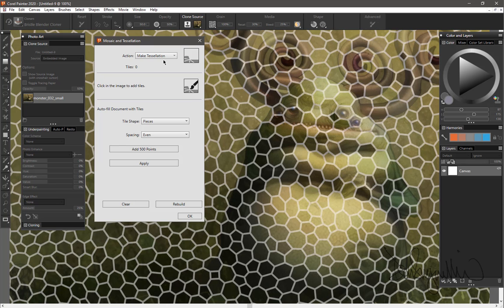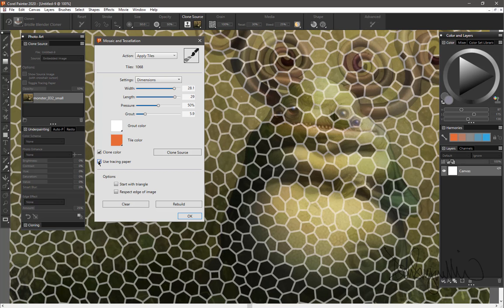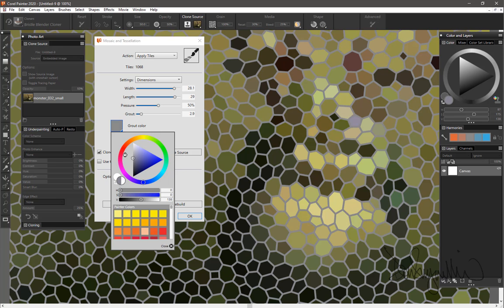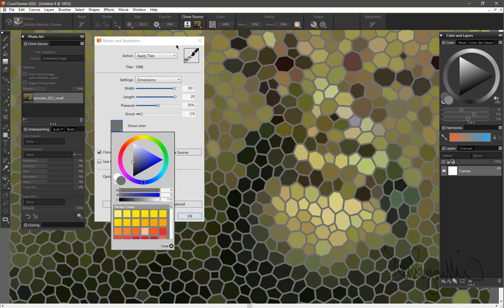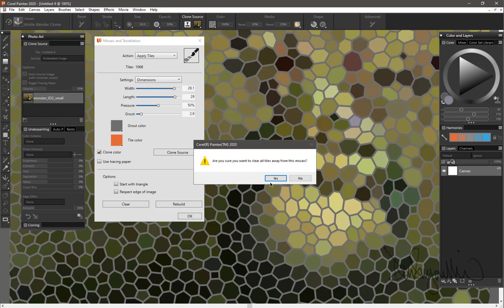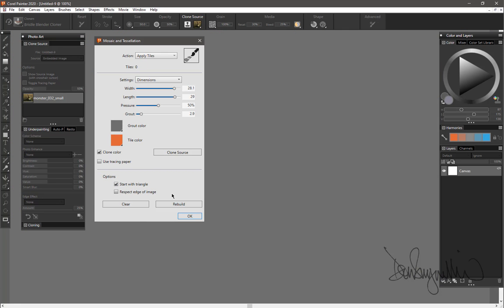Let me come back and turn off the tracing paper so you can see it. Can't zoom out when this dialog box is open, so I'm going to go ahead and leave it. You can adjust again the grout width and that kind of thing, and it will do it on the fly. So I'm going to go ahead and clear this, and I'll start with a single,